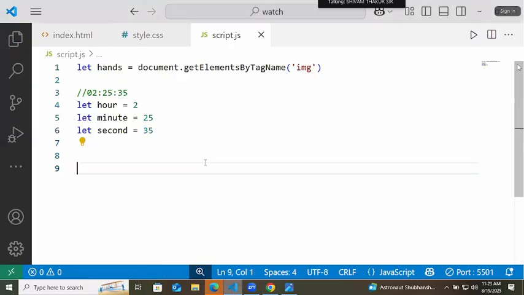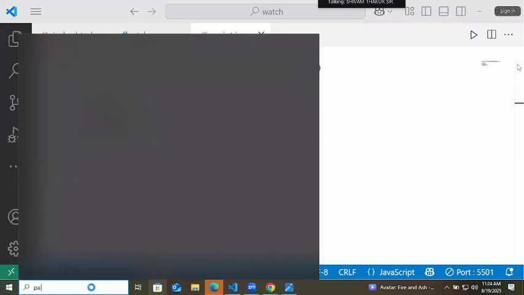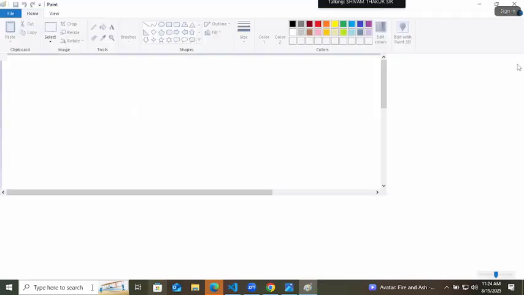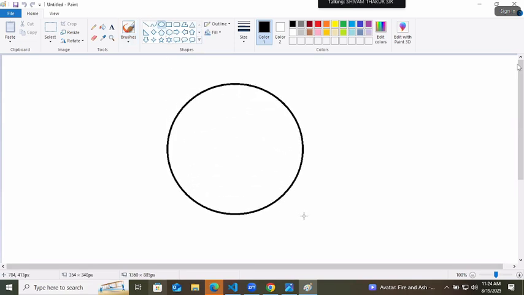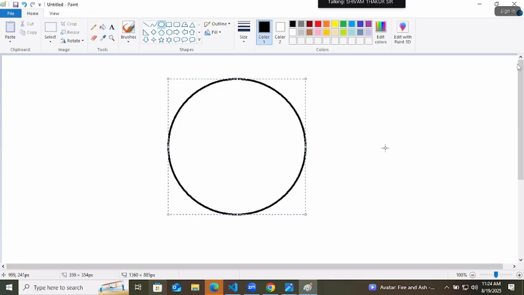Okay, let's start with the hand of second. Now it is pure mathematics actually. This is a clock.